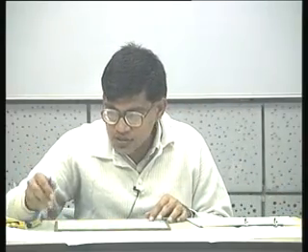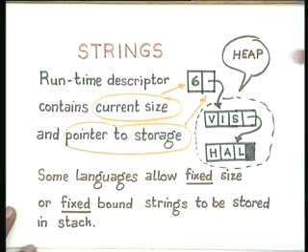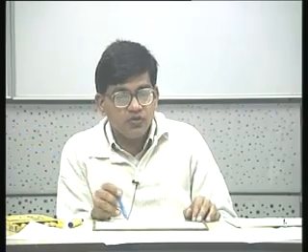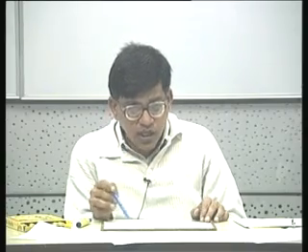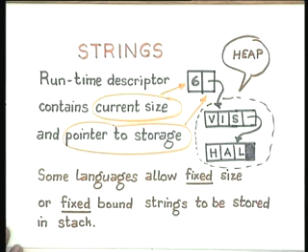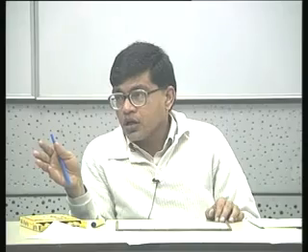The other kinds of sequences that we use are strings. Normally the strings are stored in the heap. Sometimes the heap is divided into a separate string space where all strings are stored in order to gain access. They are stored contiguously with just a single descriptor which gives the length of the string, and they are very often stored contiguously because each character in a string does not require more than 7 bits. So, you could afford to store them in an